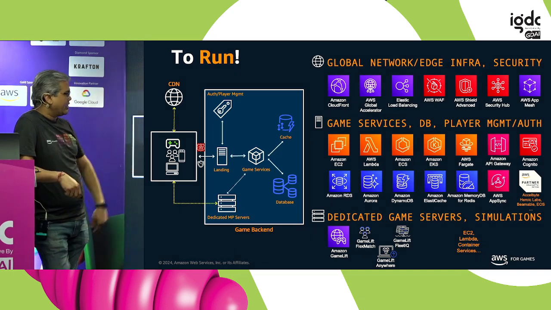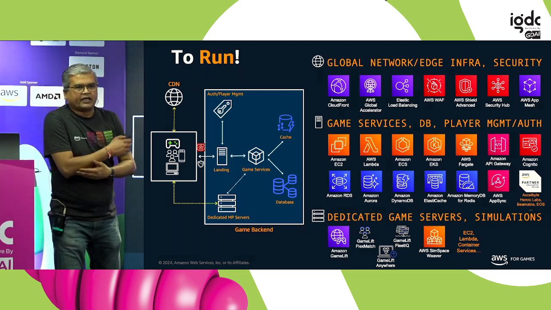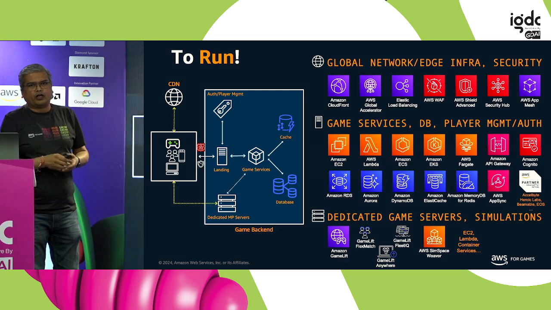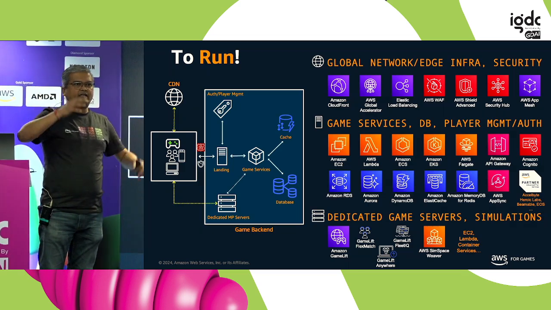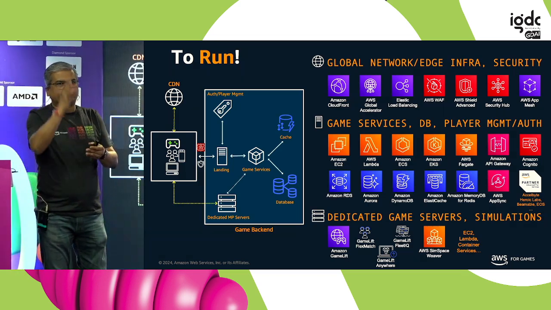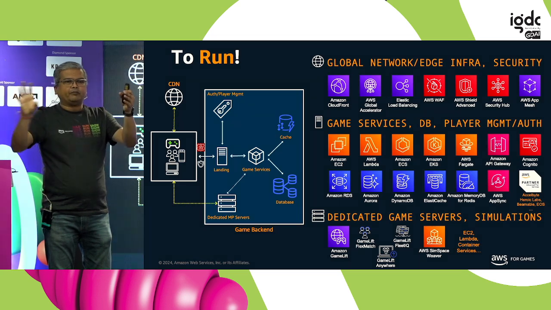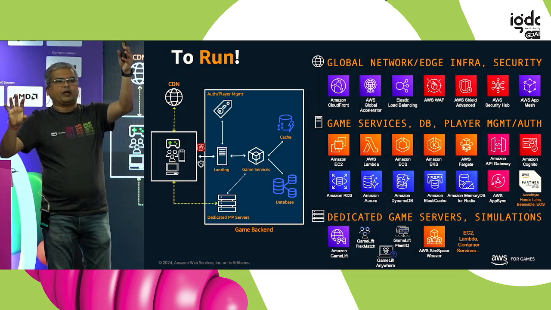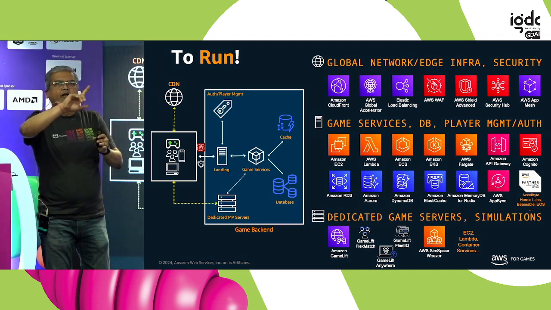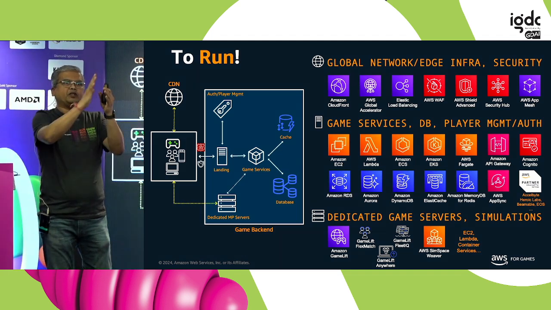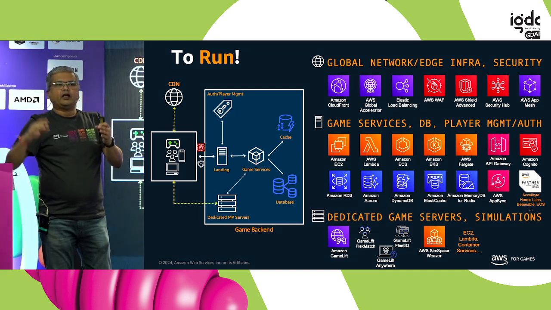Thousands rather, why am I saying hundreds? If you are building a massively multiplayer online game with a really large map, generally, if you've ever managed these multiplayer games, if your map exceeds the resources of one box, you end up sharding that, splitting that map into two, and then you have to manage between two boxes. So you would have a player in this part of the map. As soon as the player crosses the boundary, now the player has to be managed by this box, which means the metadata associated with it, player state, game state, all has to be transferred over. This can be a hassle at times,